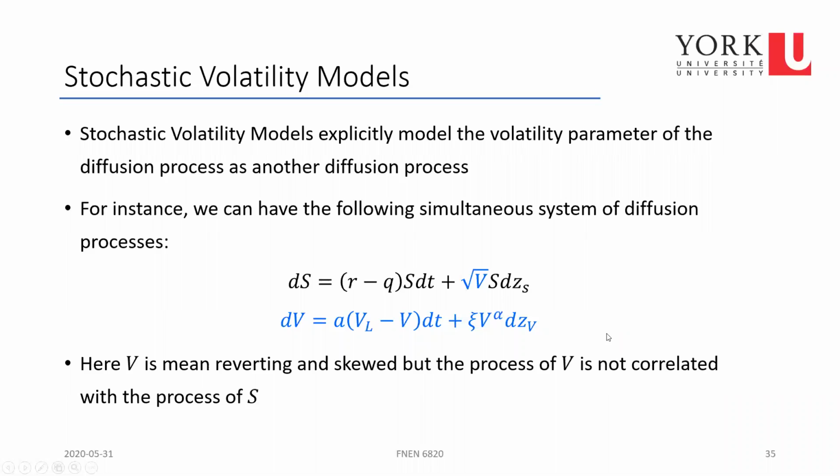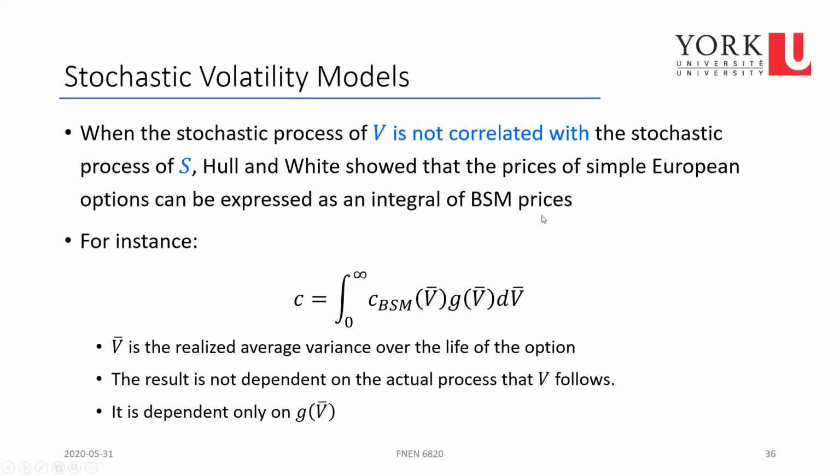Okay, here the Wiener process for the stock evolution and the volatility evolution are not correlated. Now, if the random innovation for V is not correlated with the stock process,